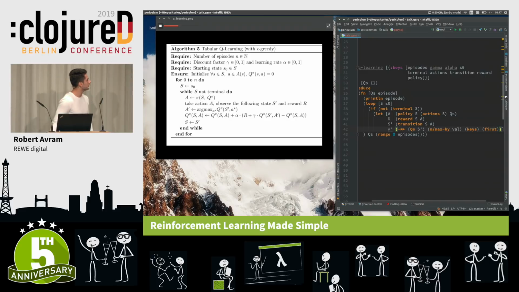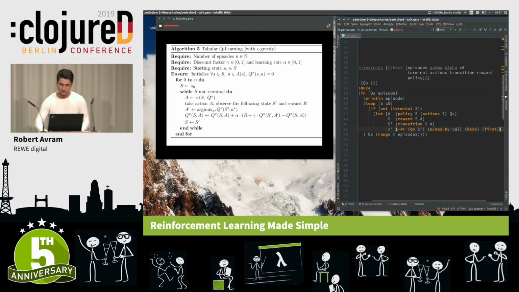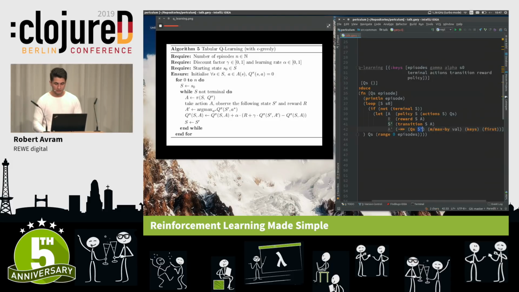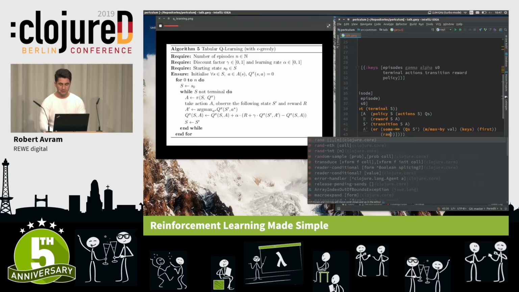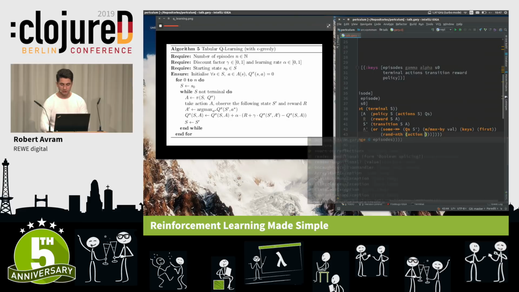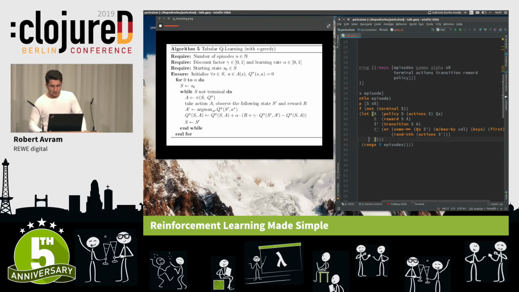Now, it could very well be that my agent has no prior experience for this state. It could very well be that it hasn't explored this state before. So in that case, I can do the following. If you don't have any prior experience, just pick a random value from the actions of that state. If I don't know anything about it, just pick a random value just to be able to continue with the algorithm.